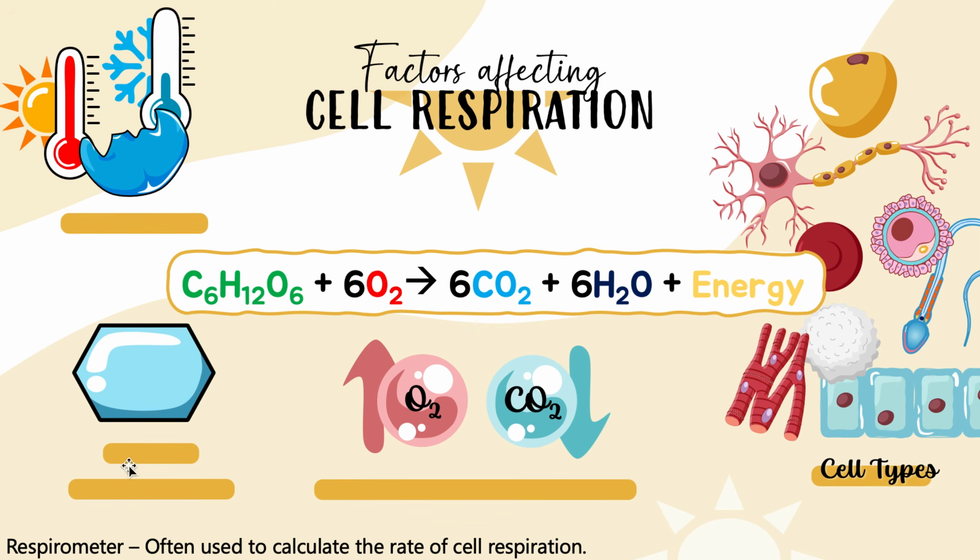Okay, what about this? Glucose. Glucose concentration affects cell respiration. Why? Think about the equation. If you have a lot of glucose, then it means you have a lot of reactants. That means your body has so much of it that it needs to use it. So if you eat a lot of glucose, your body's going to want to use it. So automatically, just by having a lot of this reactant, you're going to do cell respiration a little bit more than someone who eats less glucose. Okay, and therefore you're going to make more ATP and that kind of thing.